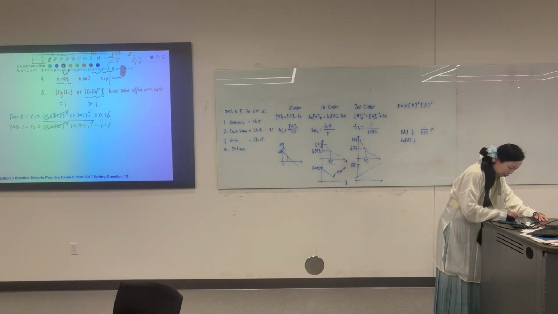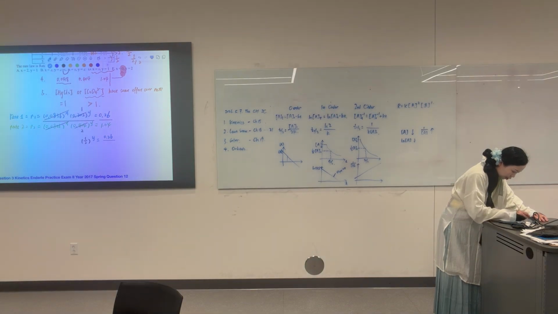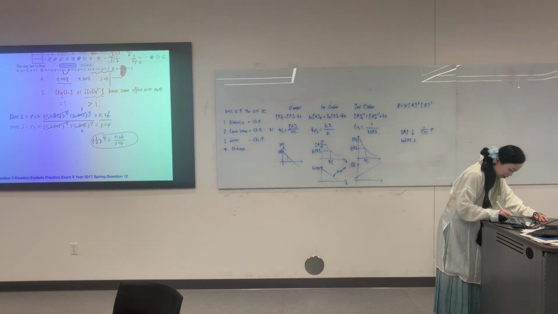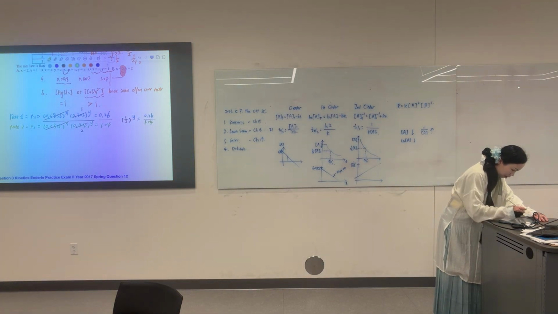So this also cancels to half. Okay. Half y equals 0.26 over 1.04. Okay. Y equals